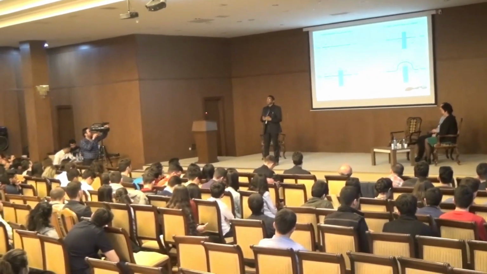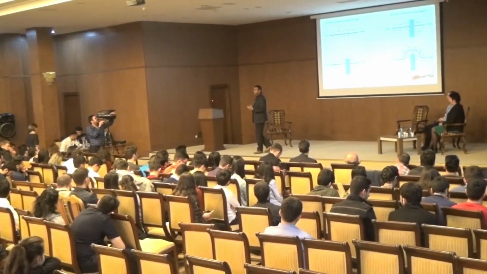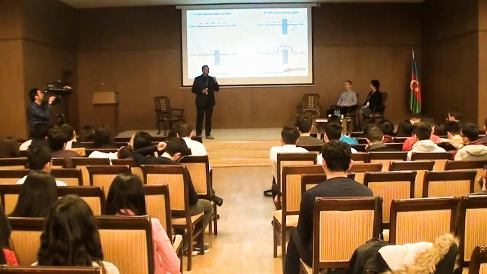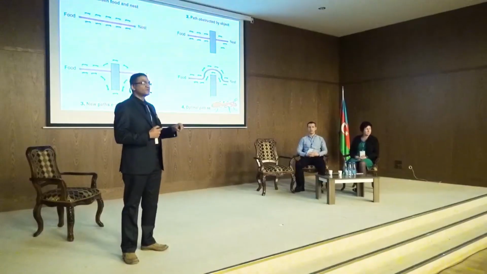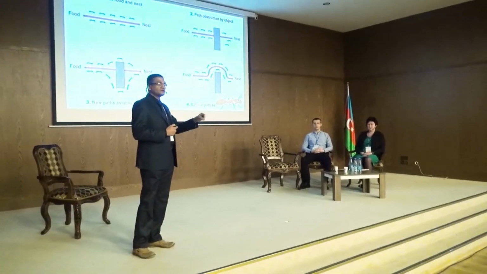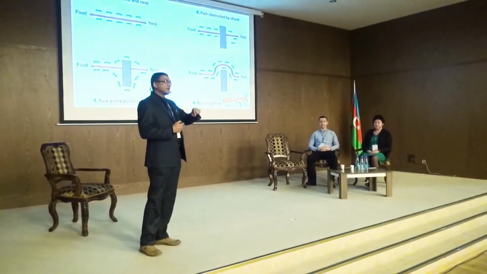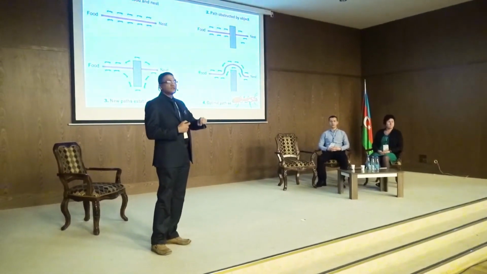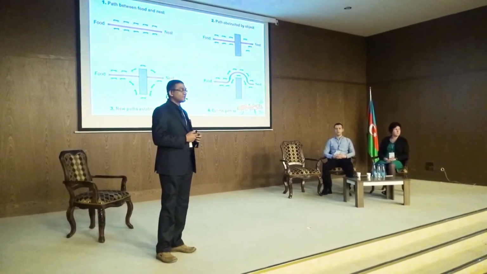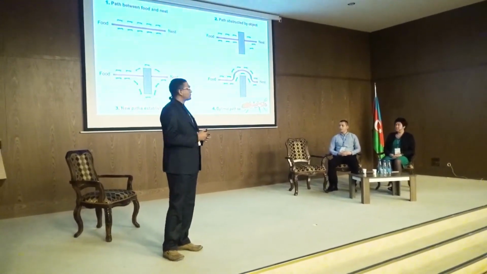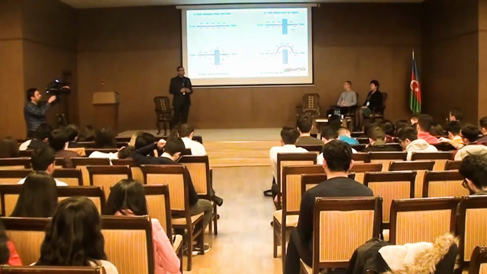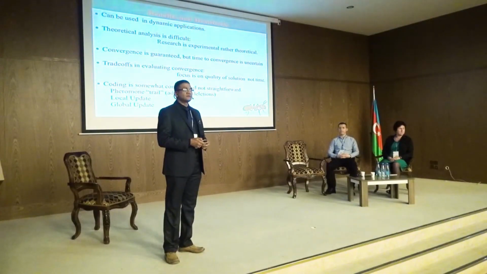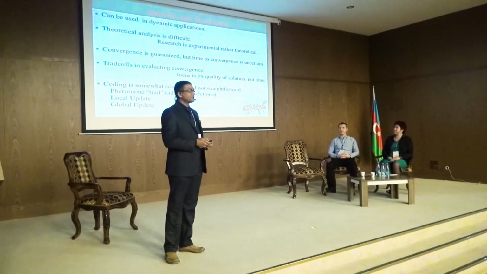We have a problem called the traveling salesman problem, where one person has to start from one city. There are n cities. He has to visit all the cities in such a way that he covers every city and returns to the origin in the minimum time. So we are looking for the shortest path, and this can be used. It seems very straightforward and very useful, but again we have some challenges.